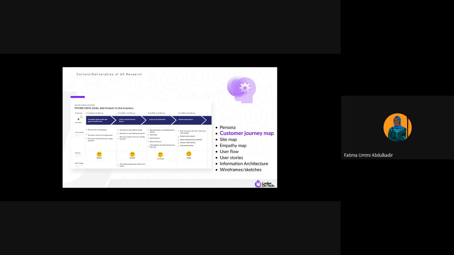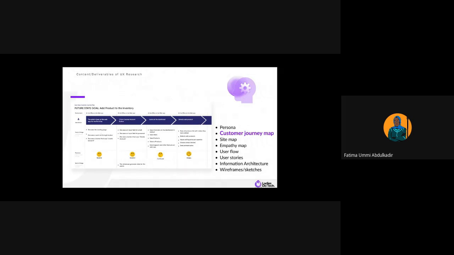If you want, you can see a lot of samples online for how a customer journey map should look, but just get it clear: it's the approach, or the path. It is the path a user takes to get to their destination, to get to that action they want to take. You'll also be able to capture their emotion at every junction of this experience.